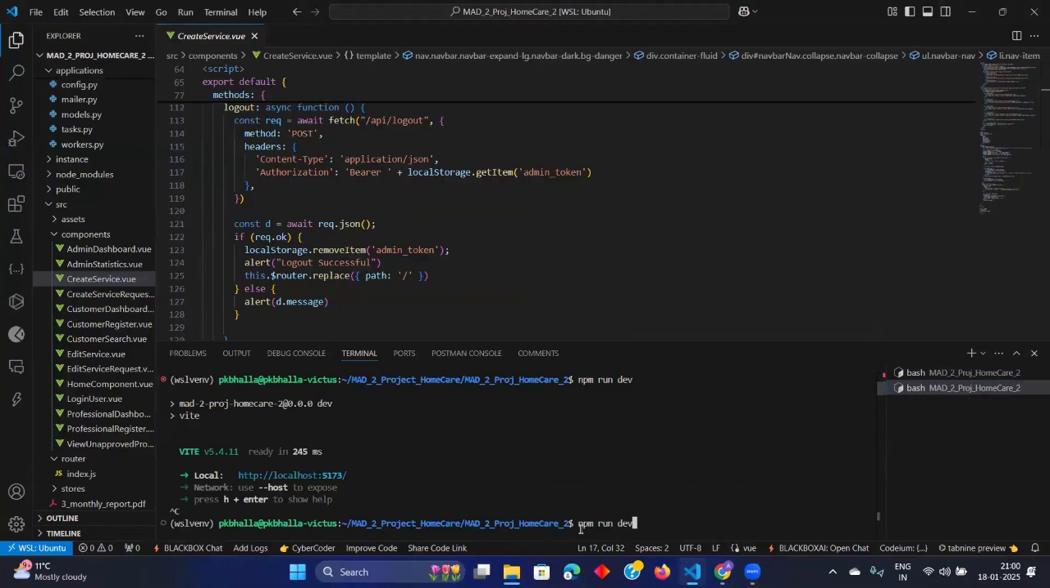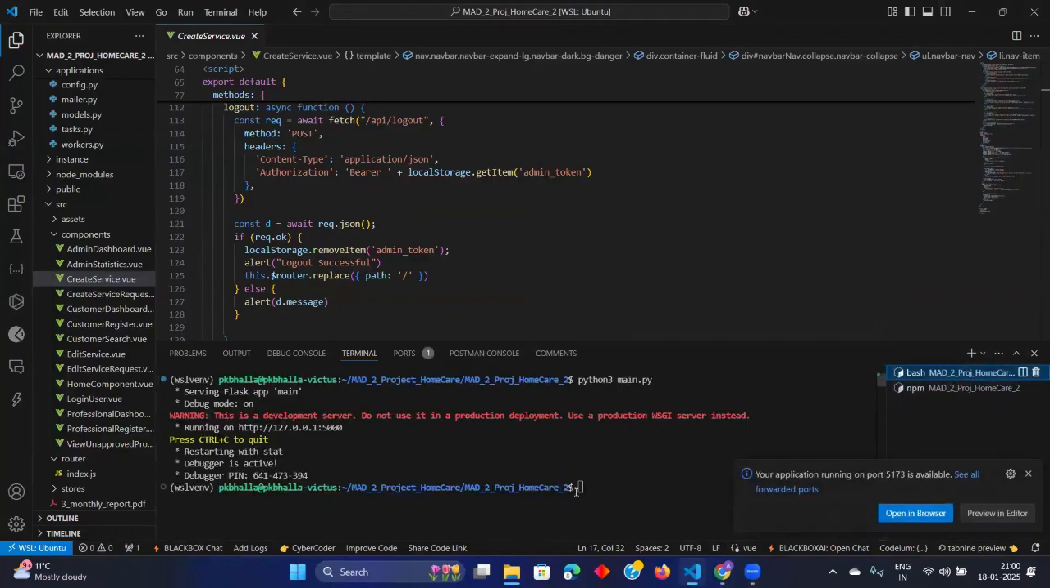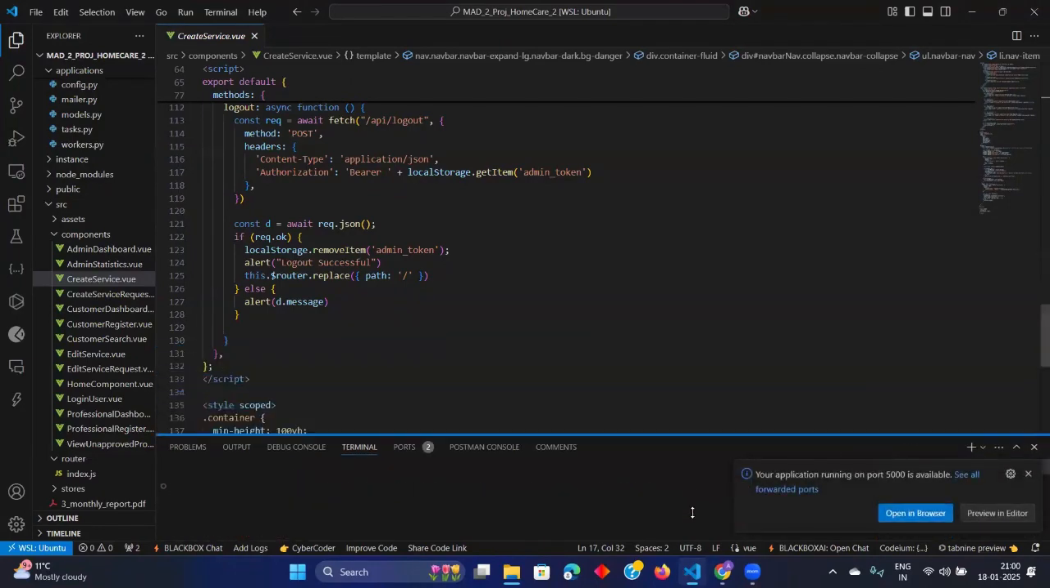So in this case, we have to run two servers. One is npm run dev for the front end. The other is the server, which is the Flask server. I already ran them earlier, so that's why